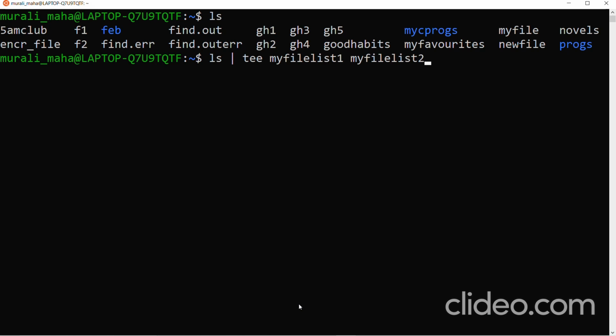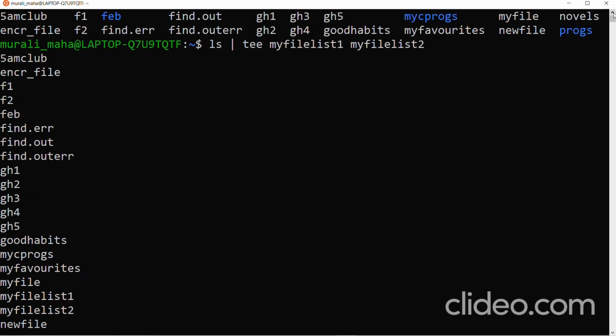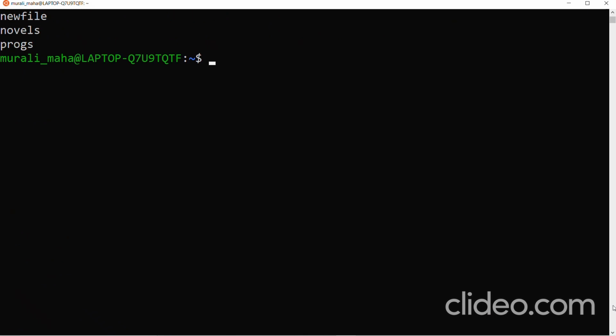What would tee do? Tee would write to these two files as well as write to the monitor. Whatever input it reads from the pipe, it will write to the two files as well as to the monitor. Yes, it has written to the monitor, and it would have created two files called my file list 1 and my file list 2.